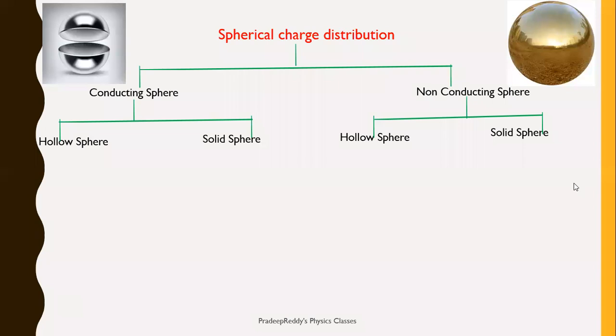Students, in the past few sessions, we have learned linear charge distribution and surface charge distribution. We have calculated the electric field due to a rod and the electric field due to a ring. That comes under linear distribution. Similarly, the electric field due to a plate and the electric field due to a disk come under surface charge distribution. Two parts are completed. Coming to the third part, it is volume, which we are now considering. It is spherical charge distribution, or we can even call it volume charge distribution.